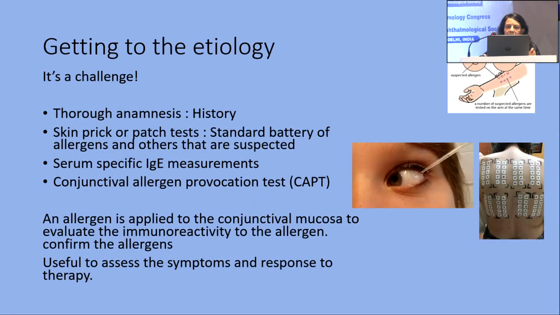And getting to the etiology of allergy, it's a very big challenge for everyone. So through better history, to correlate anything that is started and then associated with the allergy is very important to find out, before any tests are done. But if we cannot do anything, then there are certain tests that are available which are not 100% but may help us, like skin prick or patch test, or if these tests are not useful, then we can go further into serum IgG, serum specific IgE measurements,